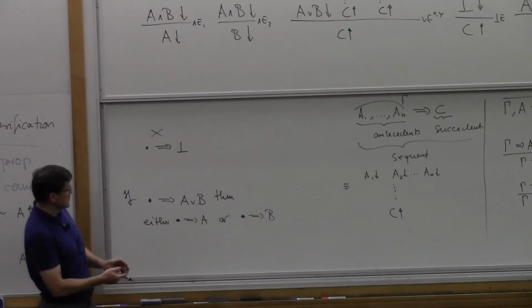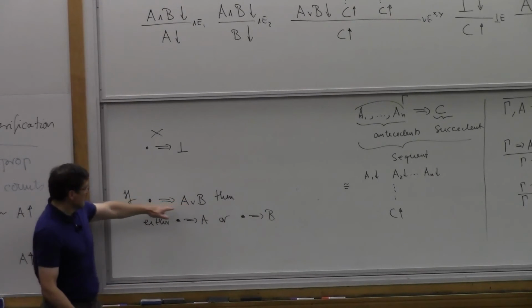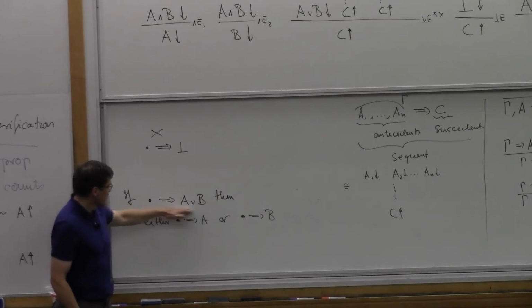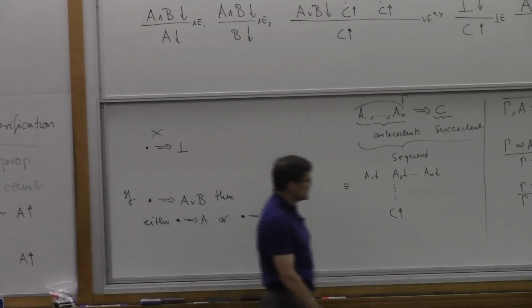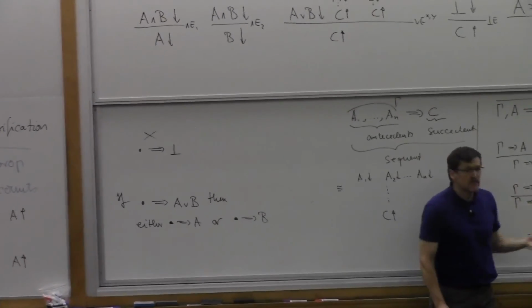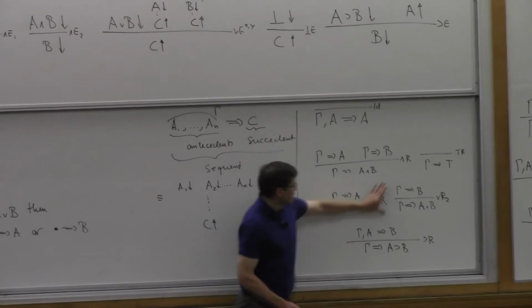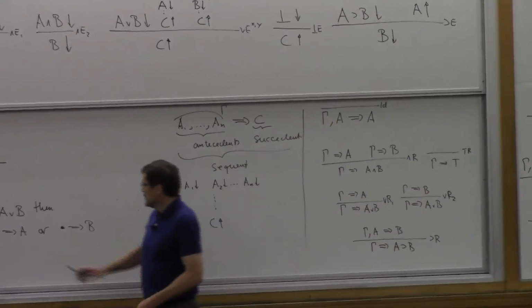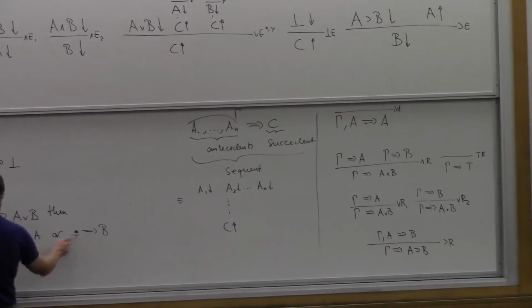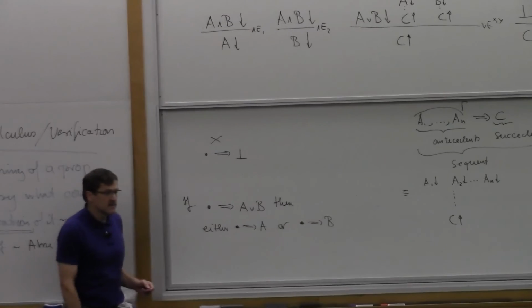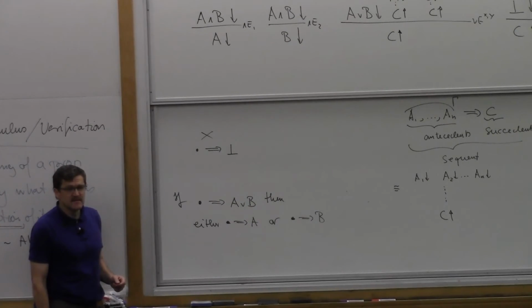Well, you look at all the rules, and the only sequent rules with that conclusion, with this, only rules that apply to the sequent are these two rules, this one and this one. No other rule applies. And if it's this one, then A is true, and if this one, then B is true. So therefore, if I can prove A or B, I can definitively prove either A or B. Okay? Make sense? Okay?